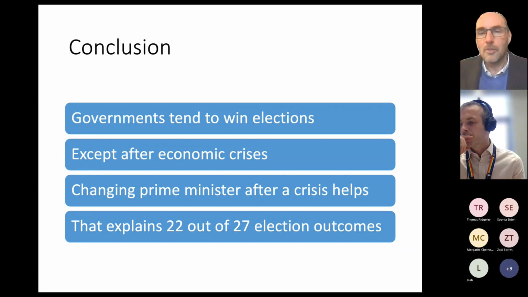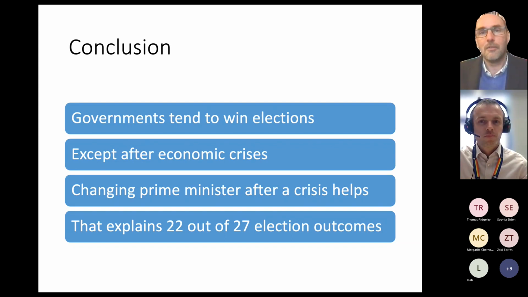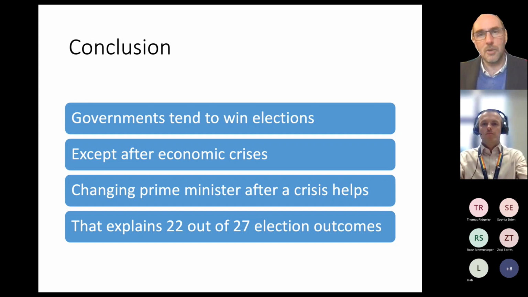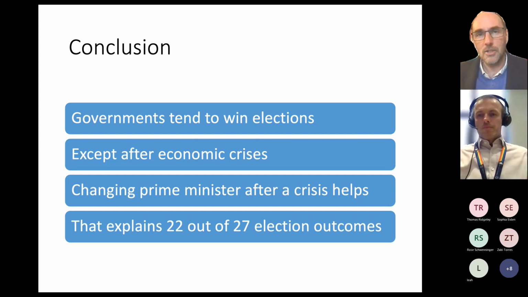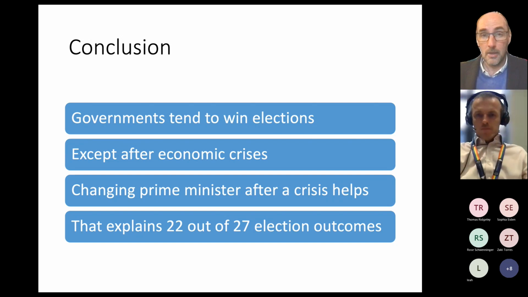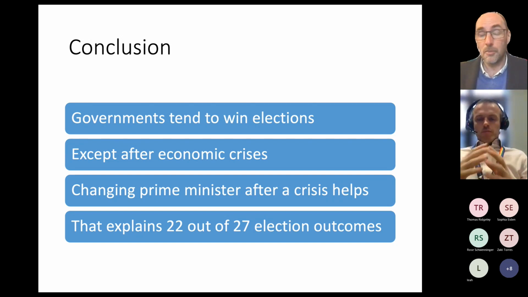Crises. Perhaps the most famous crisis election was after Ted Heath in February 1974, where the economic situation was really dire with respect to union strikes and coal shortages from strikes from miners, that Britain had a 3-day working week, and power cuts, and Heath went to the country saying, "Who rules Britain? Do you want the unions to rule Britain, or do you want the government to rule Britain?"